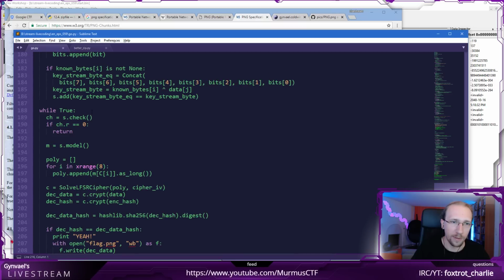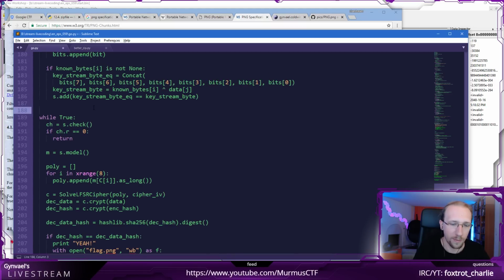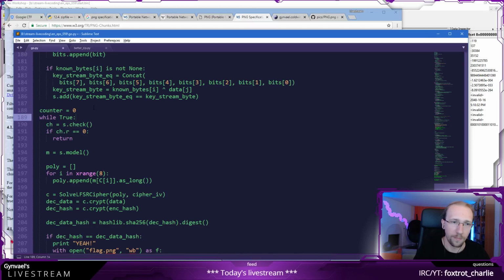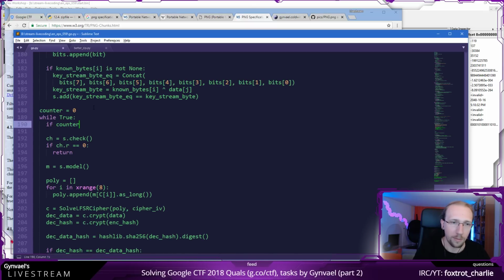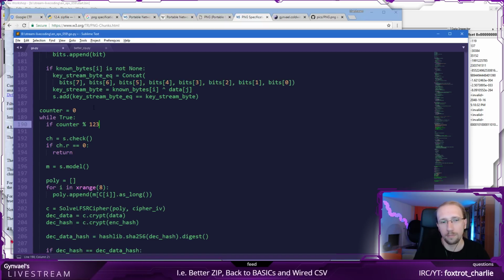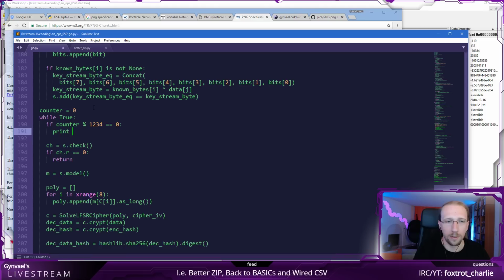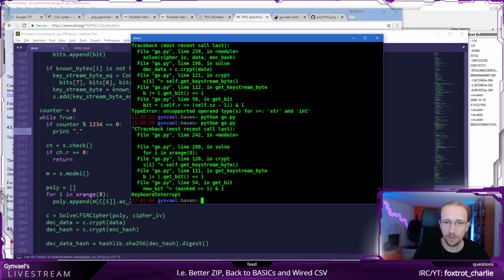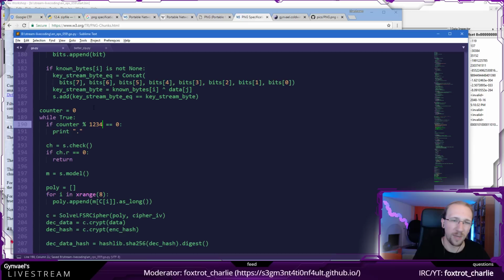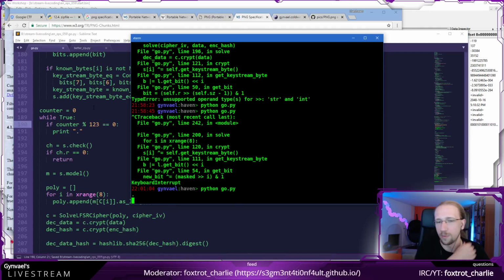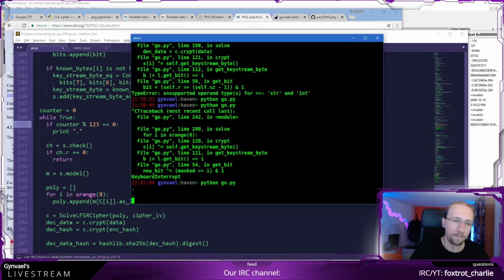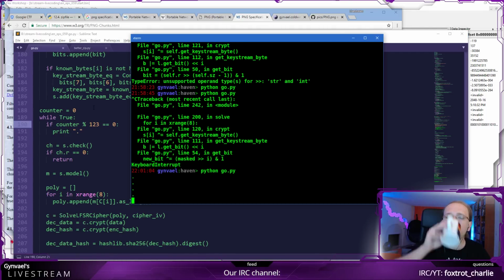It would actually be great if I would display something like this. Counter is equal to 0. If counter is equal to 0, print dot. Okay, so I actually know it's working, and I'm going to decrease it because it's not going to be that fast.